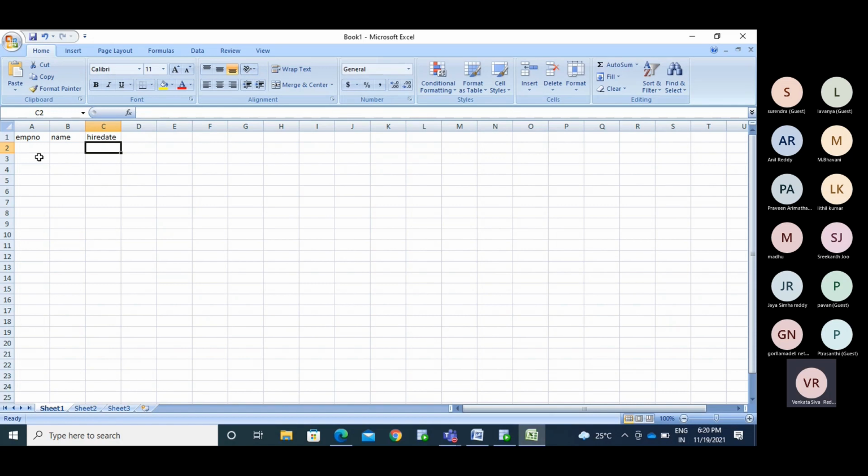For every employee, it contains a hire date. If it is the CEO, there won't be any hire date for that employee. Treat it like, okay, in that case you need to take the company start date.